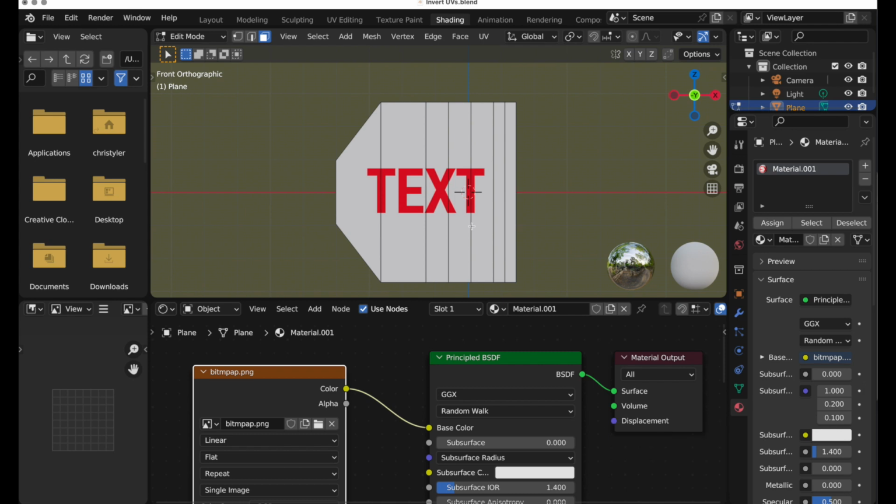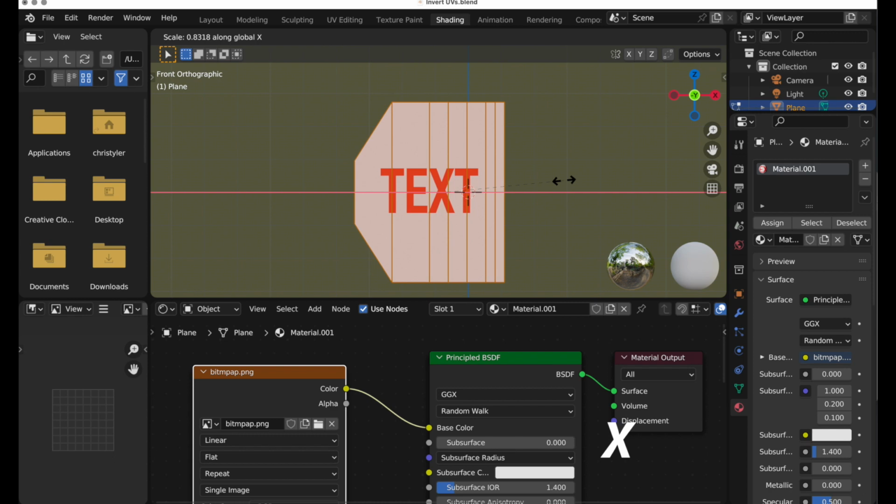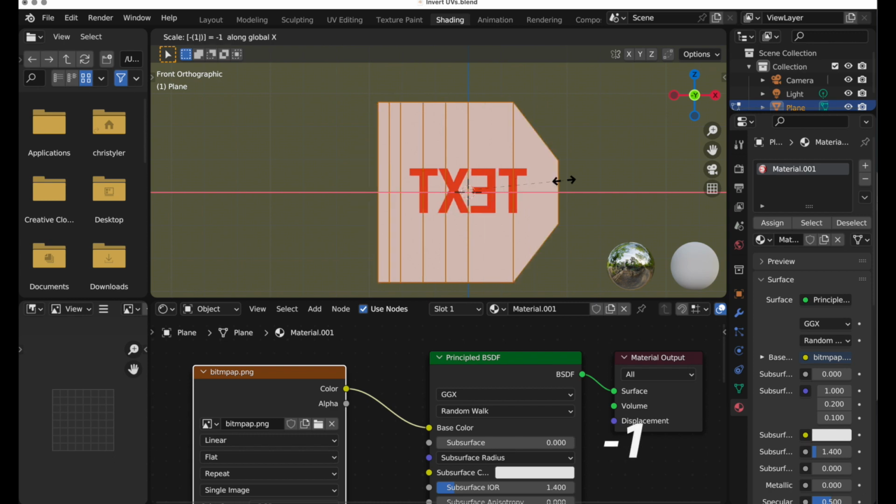key, and I'm going to press the A key to select all the polygons, and then the S key, and then I'm going to start scaling, but I only want to scale along the X direction. I'm going to type -1 to invert that. Let's say that I want to have this tag-shaped object be facing right and not left, but now our bitmap